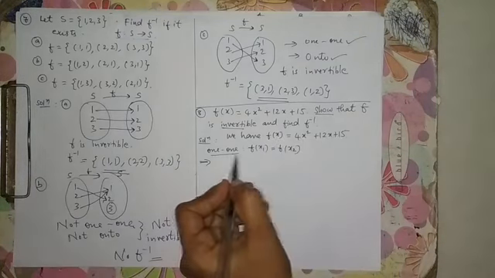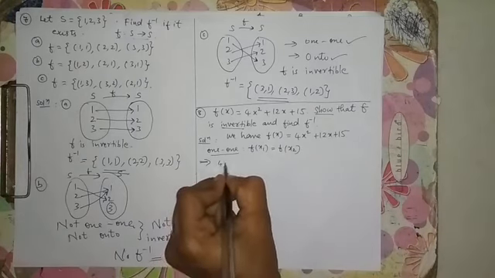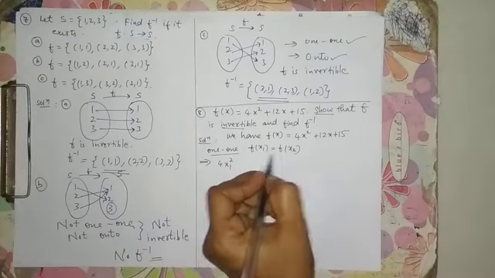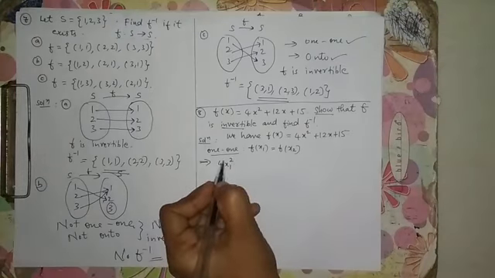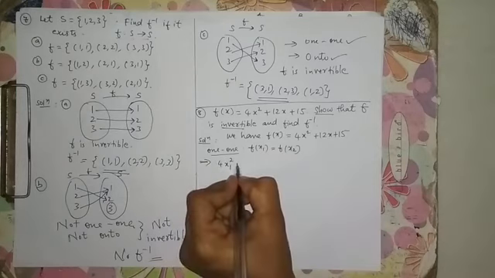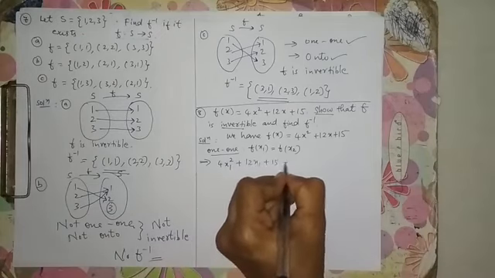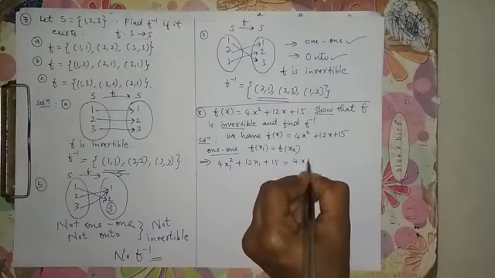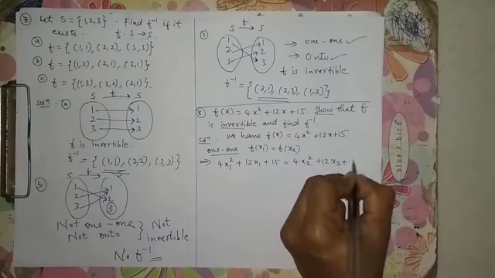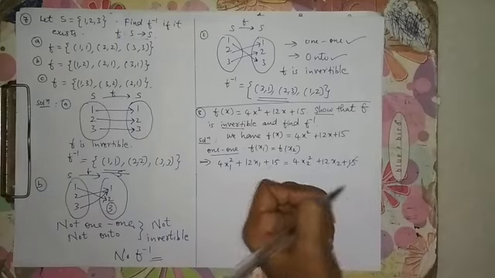To prove one-one, f of x1 equal to f of x2. So this will be 4x1 square plus 12x1 plus 15, that is equal to 4x2 square plus 12x2 plus 15. Both sides are having 15, so getting cancelled. Next step,